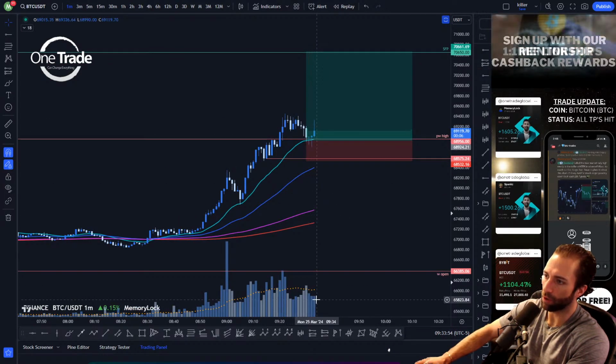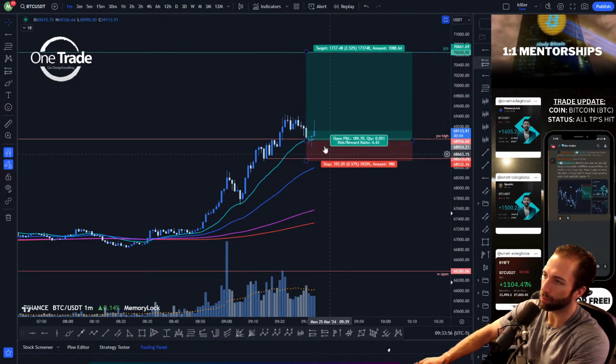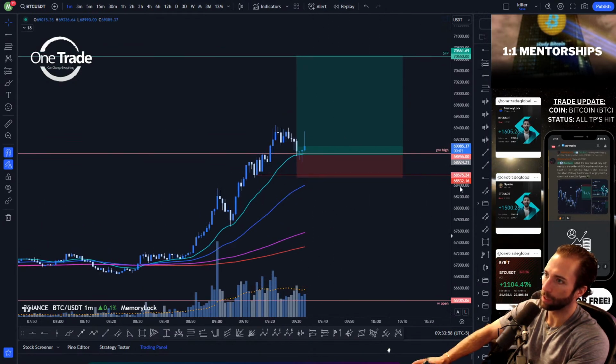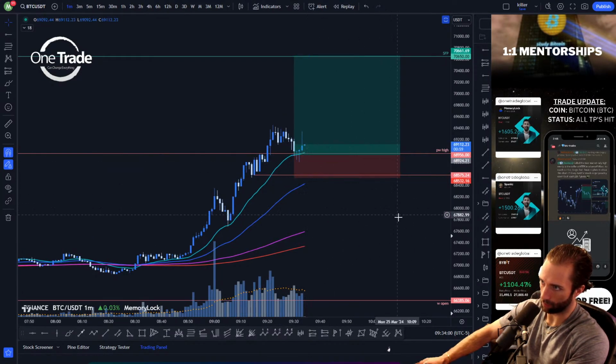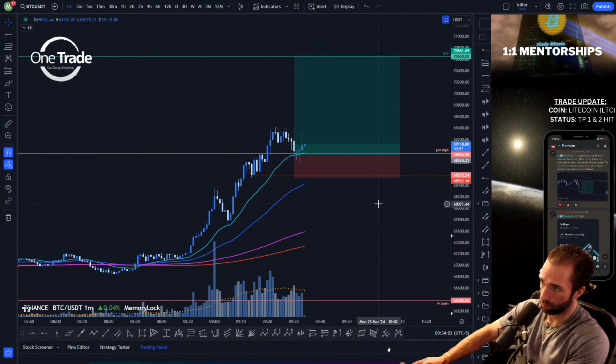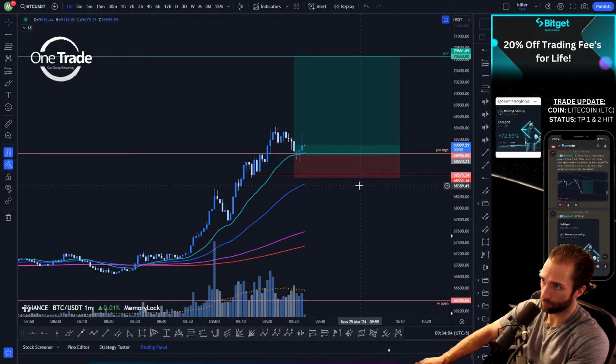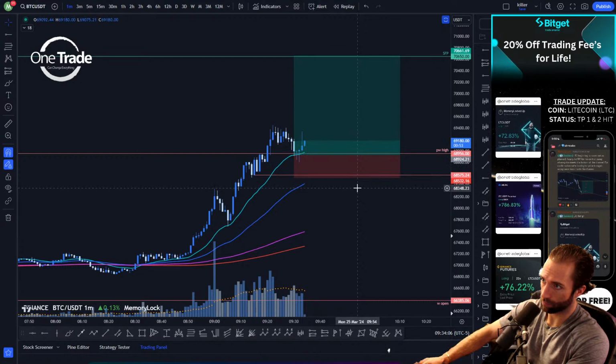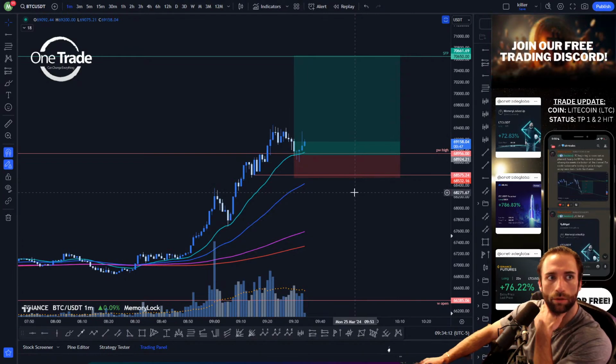So we want to see volume increase here and continue to pick up. You don't want to see that. And we're looking for H1 close, so